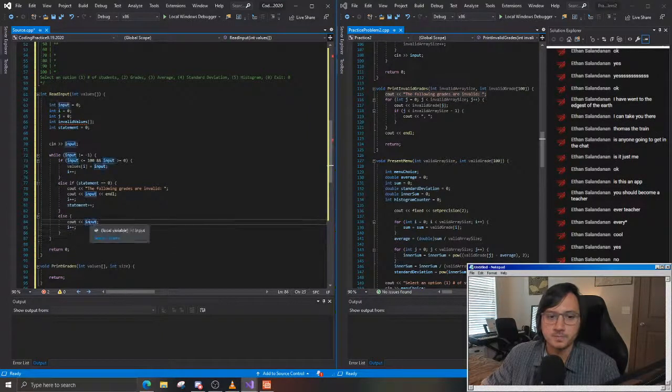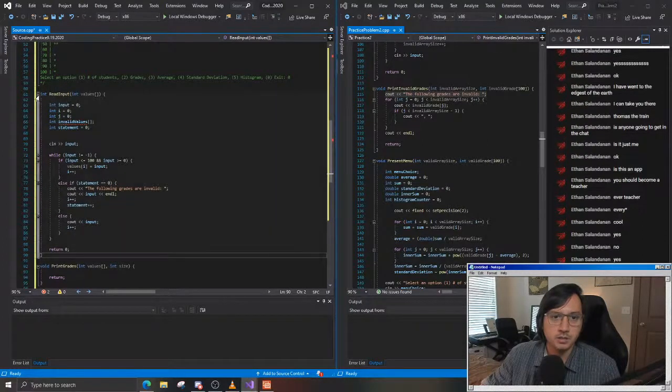Okay, so just to reiterate, my integer input here,